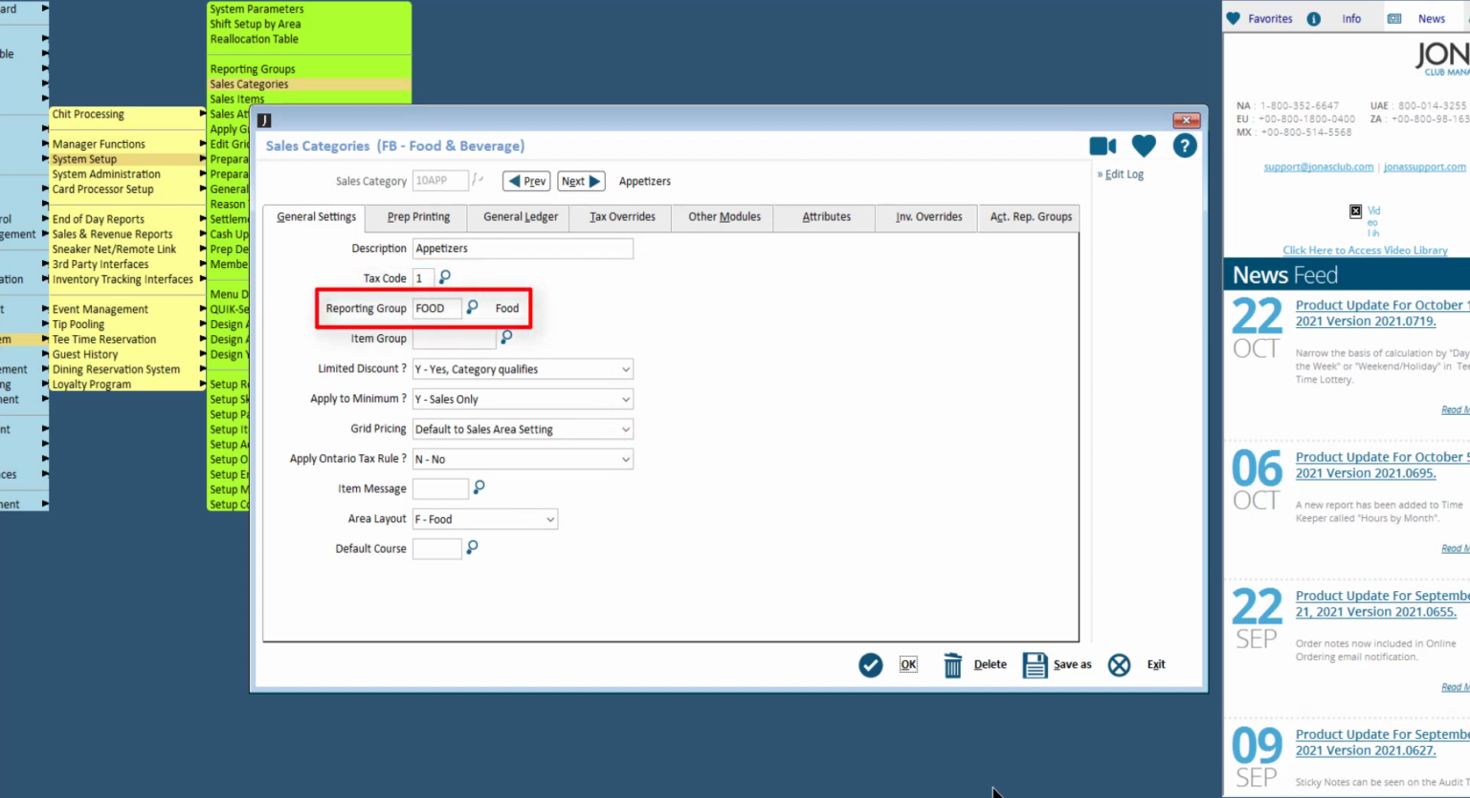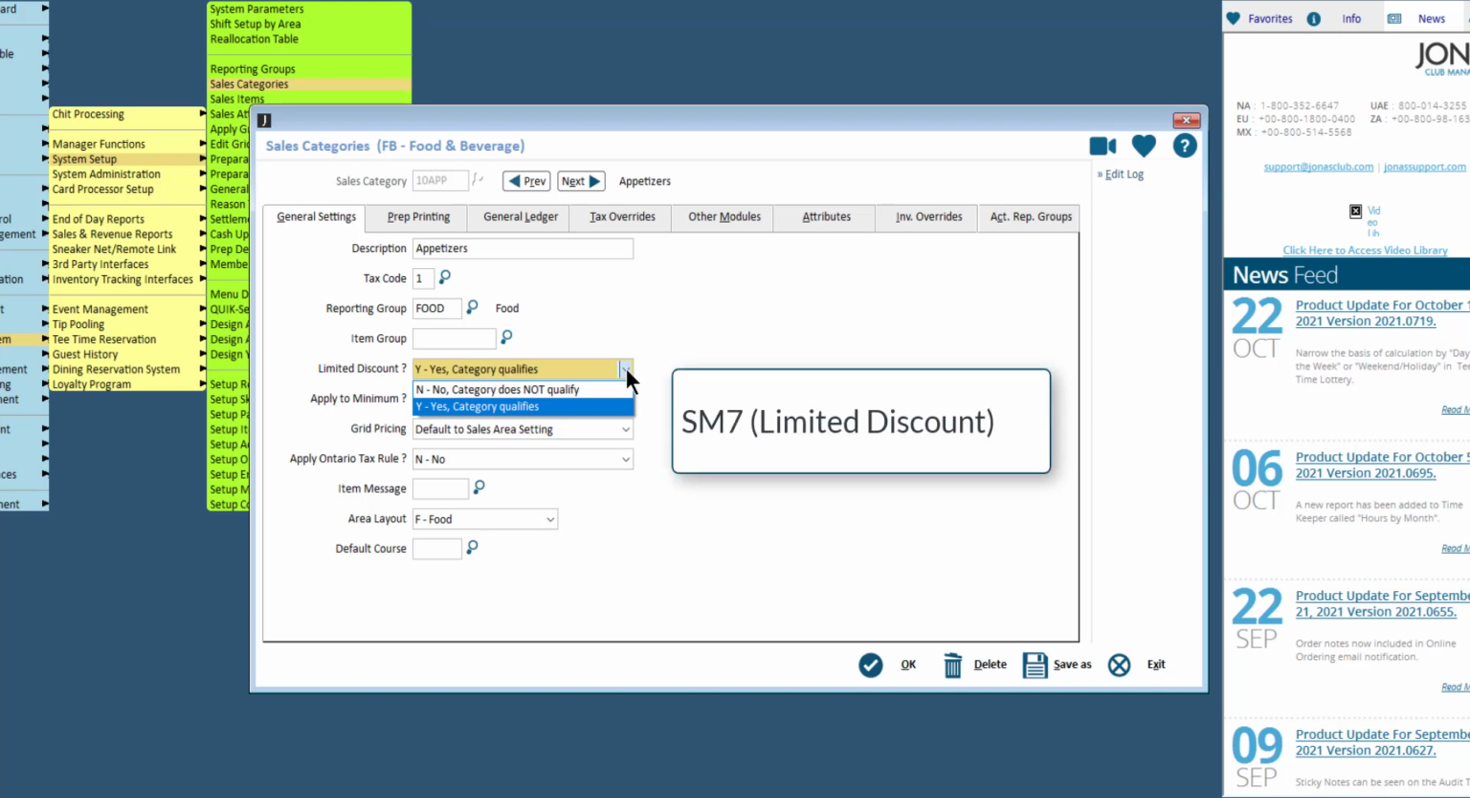Select a reporting group, used for reporting purposes, and an item group, which controls the statement descriptions as well as some reporting in club management. For limited discount, select either Yes qualifies or No does not qualify to have limited discounts apply to items belonging to the sales category. If yes, an SM7 limited discount button must be defined on a settlement menu for this